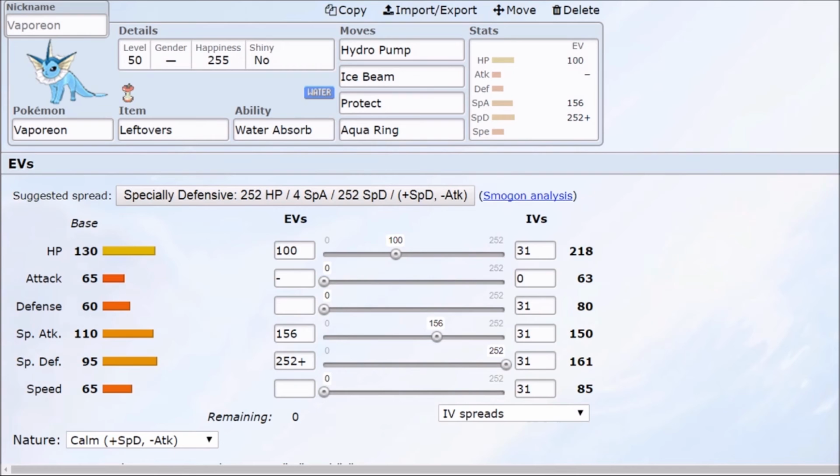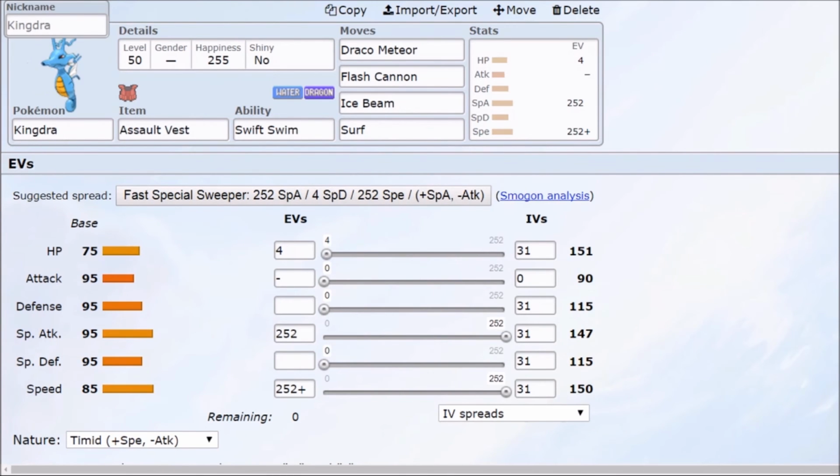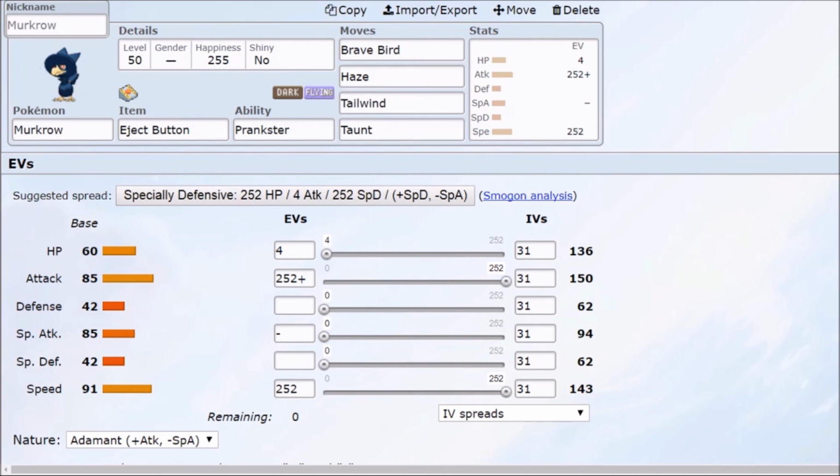So once again, our Kings of the Water team is going to be starting off with Pelipper, going for the Drizzle Focus Sash with the Tailwind setup, Defog for some tech. We got Assault Vest Kingdra with Swift Swim, Timid Nature, deal lots of damage to a wide variety of Pokemon. We got Dugong for sustainability, dealing damage to electric types with our Drill Run tech, and Aqua Jet for priority damage. We got Murkrow to set up